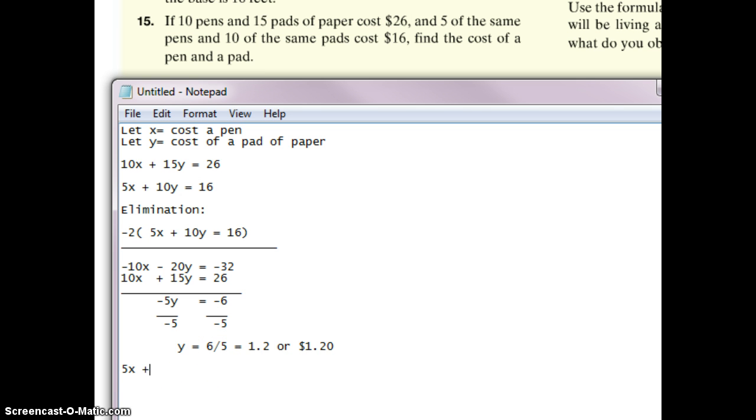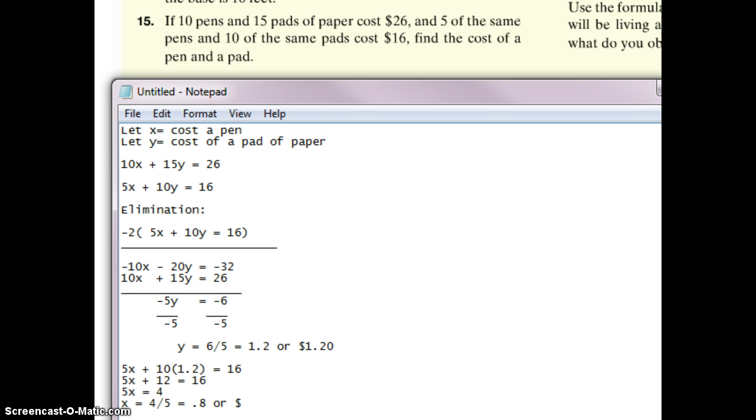So I've got 5x plus 10 times 1.2 equals 16. And we'll just solve. So 5x plus 12 equals 16. Subtract 12 from both sides. 5x equals 16 minus 12 is 4. And divide both sides by 5. x is, if you divide by 5, you get 4/5. And 4/5 in decimal is 0.8